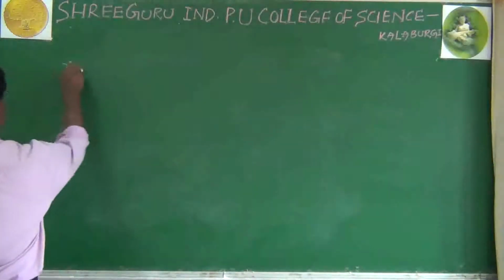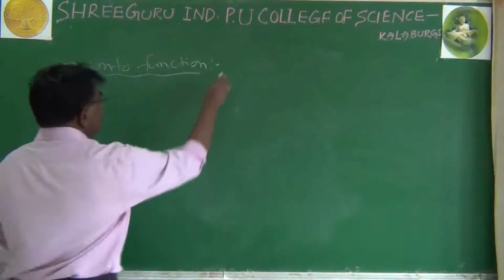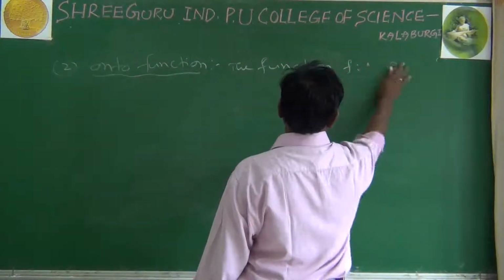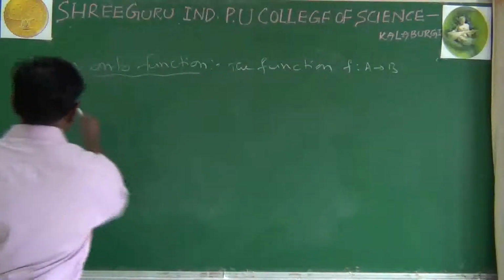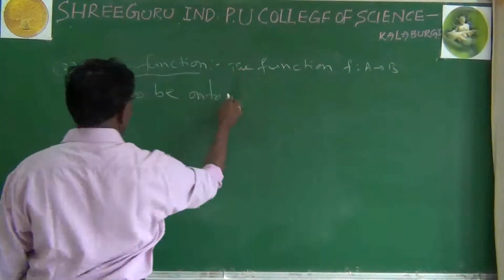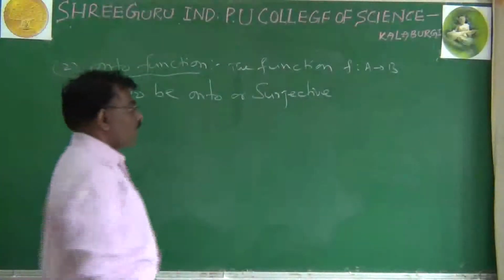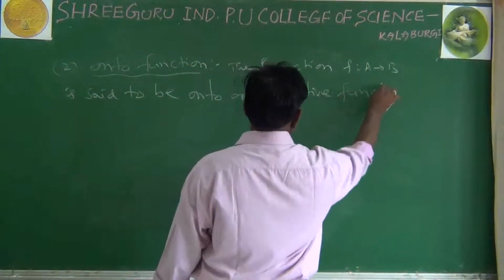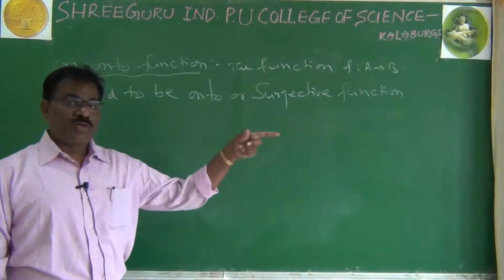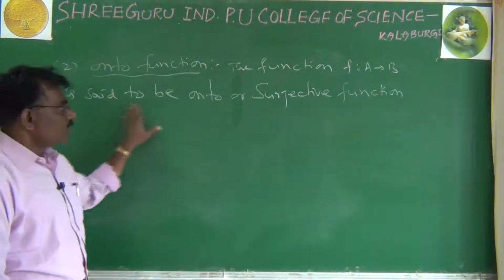Now let's start the second one: onto function. The function f from A to B is said to be onto or surjective. Onto function, another name is surjective. 1-1 function, another name is injective. Surjective means onto only. So the function f from A to B is said to be onto or surjective